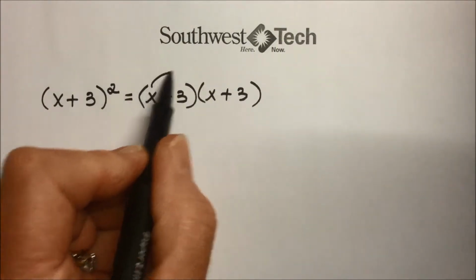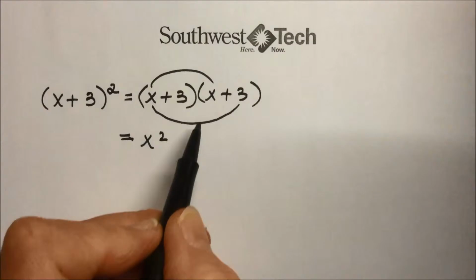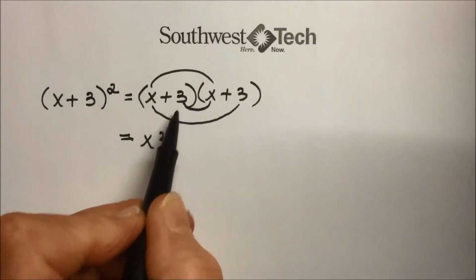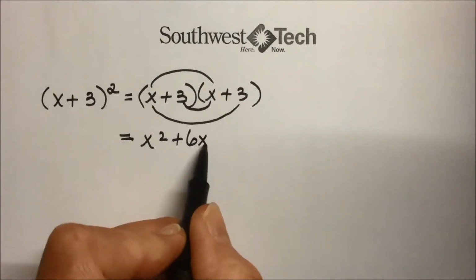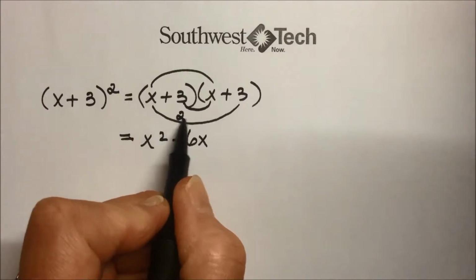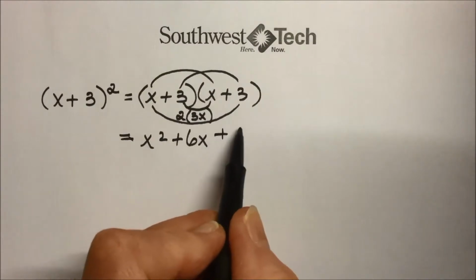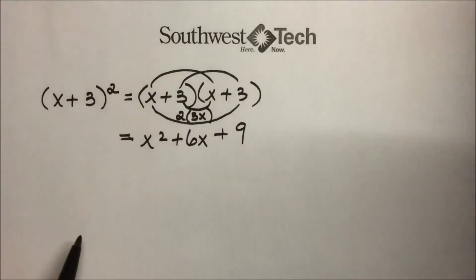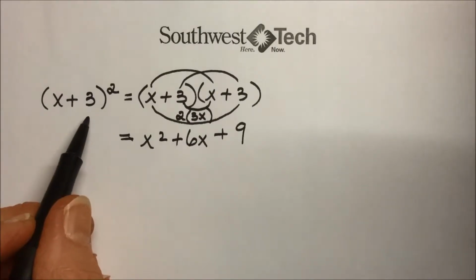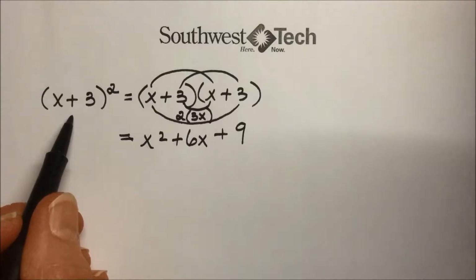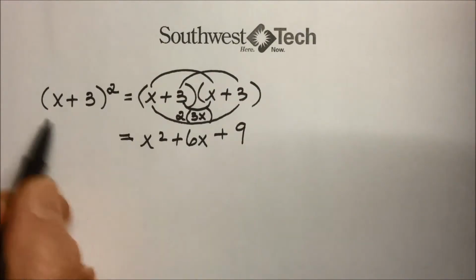And if we use the FOIL method, first terms multiplied together, we get an x squared. If you multiply the outside, we get a 3x. The inside terms multiplied together is another 3x, which 3x plus 3x gives us 6x. Essentially, we have doubled that 3x. And our last terms multiplied give us 3 times 3, or 9. This is the result of taking a binomial square, and it's recognized as a perfect square trinomial,